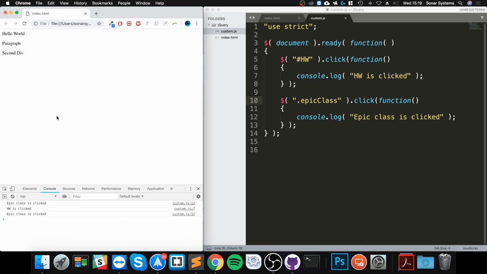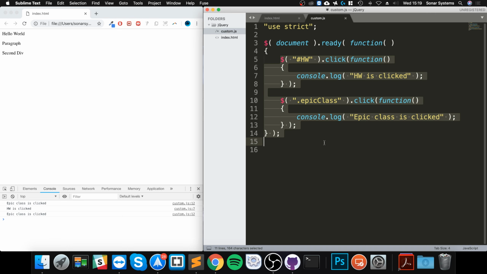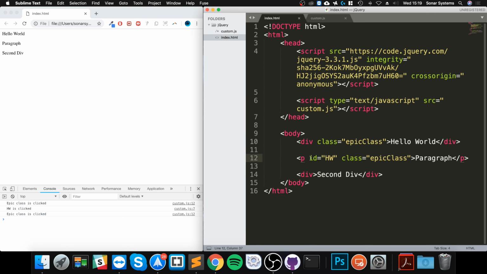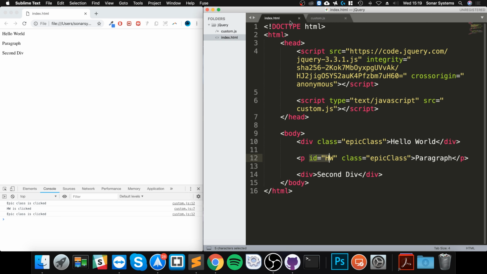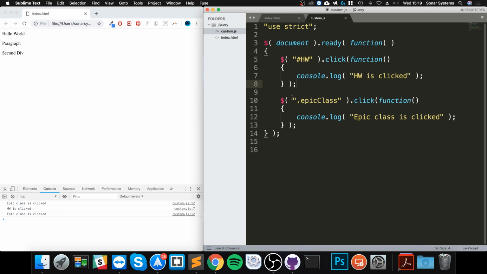Click the second one. It triggers both events because it has an ID of HW, and there's a click selector on an ID of HW, and it also has a class of epic class, and there's also a selector for clicking an element with the epic class. But if I click second div, nothing happens because it does not have a class or anything that is checking